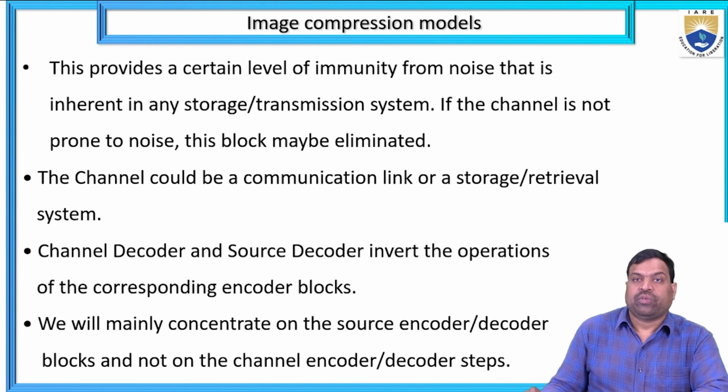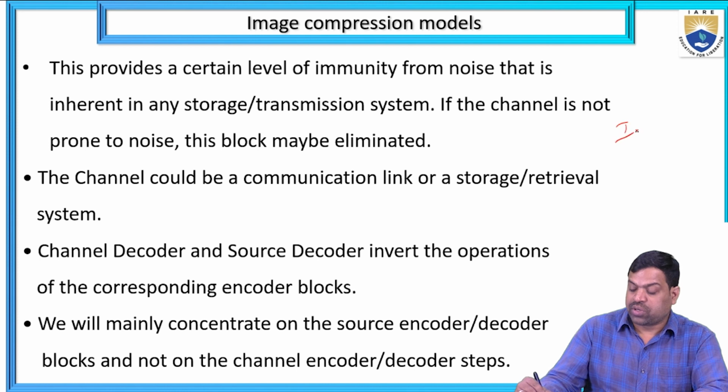The channel encoder provides a certain level of immunity from noise that is inherent in any storage or transmission system. If the channel is not prone to noise, this block may be eliminated. The channel could be a communication link or a storage retrieval system. Channel decoder and source decoder invert the operations of the corresponding encoder blocks. We will mainly concentrate on the source encoder and decoder blocks and not on the channel encoder and decoder steps. Okay. So in the image compression,